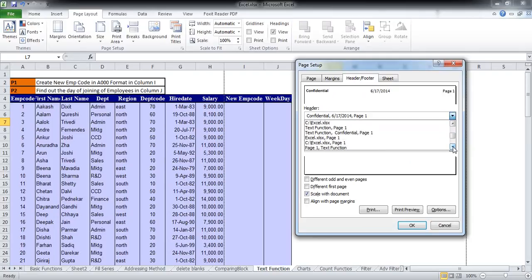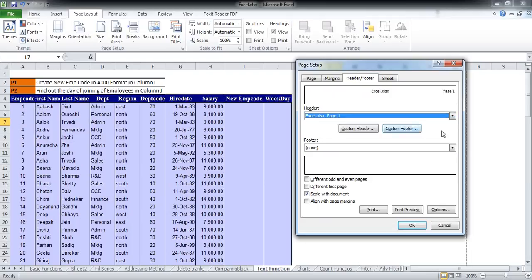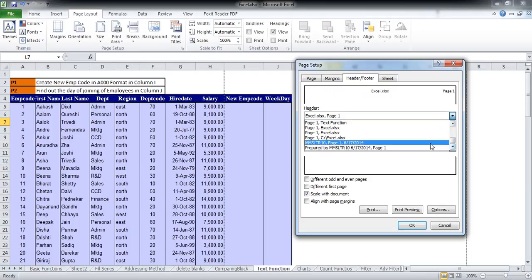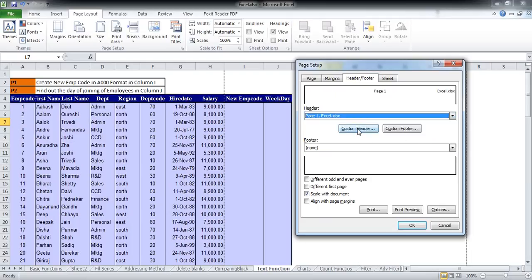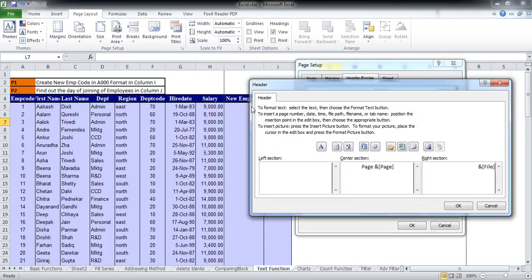There are multiple options available to us like this, or maybe even this. And if you are interested in creating a custom header, you can go ahead and create a custom header, and say I type in a value of